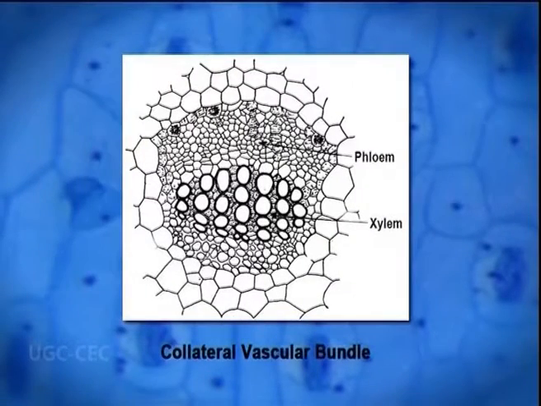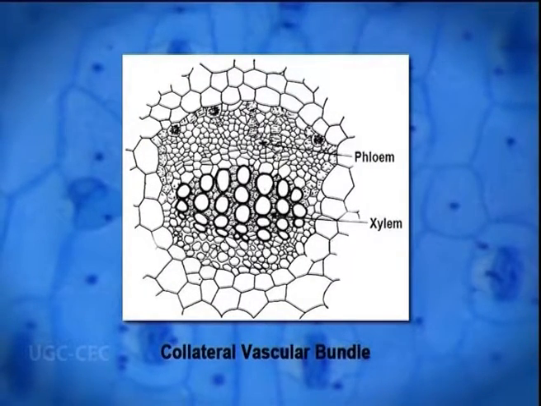There is a great plasticity in the organization of vascular tissues within a vascular bundle. The common vascular organization within a bundle is a parallel placement of xylem and phloem, a pattern called collateral vascular